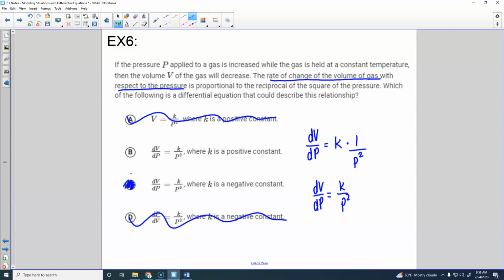So, everything was C except for number 1. There is no assignment that goes with this. There is going to be an assignment on 7.2, but we will